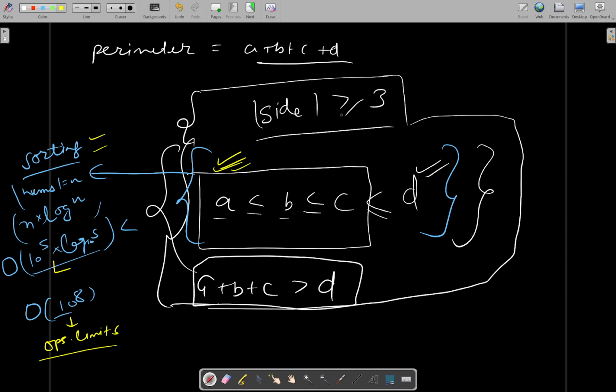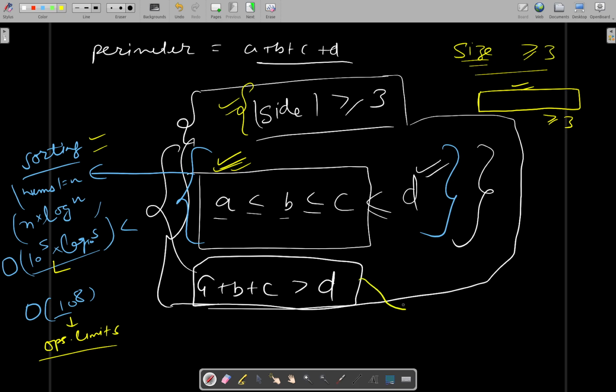And this can be easily checked also, whether the size of the nums array, or the polygon length that we are checking, is greater than or equal to 3, then we'll say that it's a valid polygon and we'll check for it. And the third condition is the main condition that is required to be given some serious thought about,